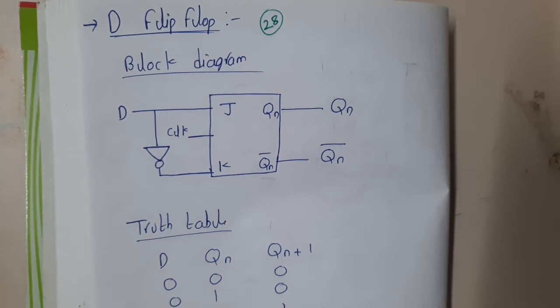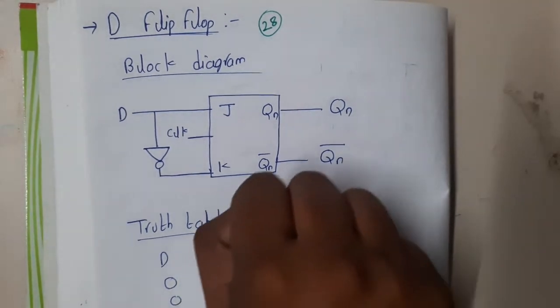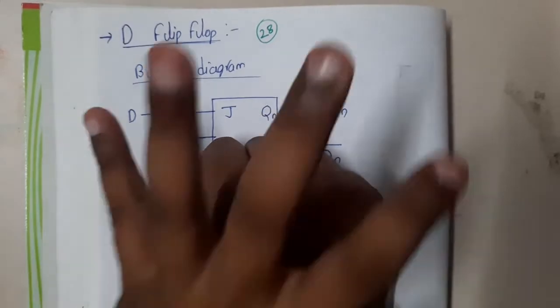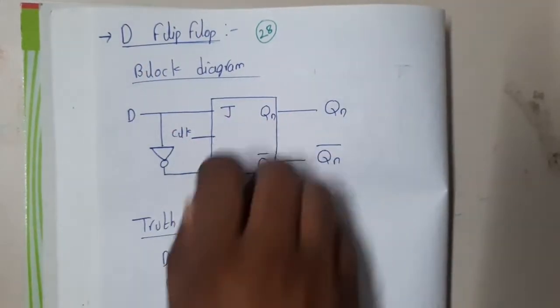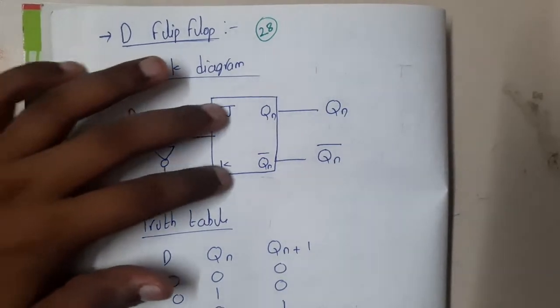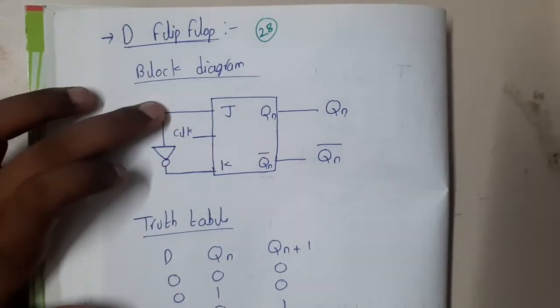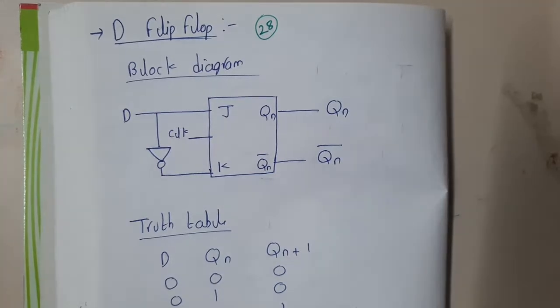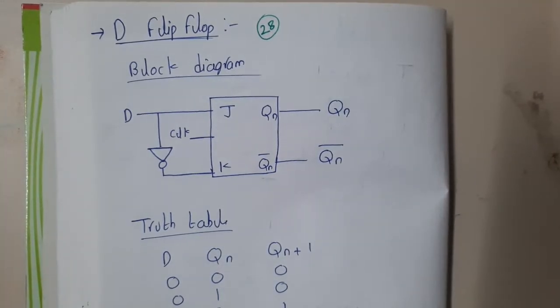So this is a D flip-flop, guys. This is also a frame. Basically the JK flip-flop will be inside and this is the frame D. Previously in the T flip-flop we gave both the same inputs, right? Here, for one input you give a value and for the other you give its complement. That's the only change here.